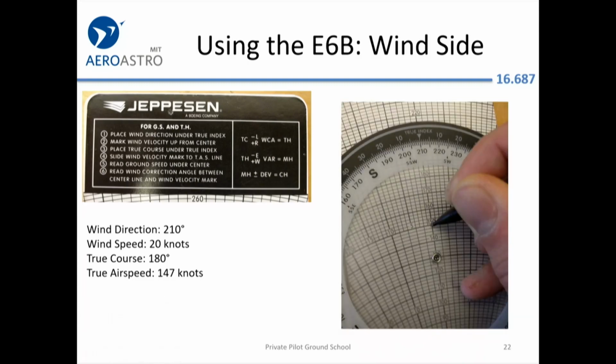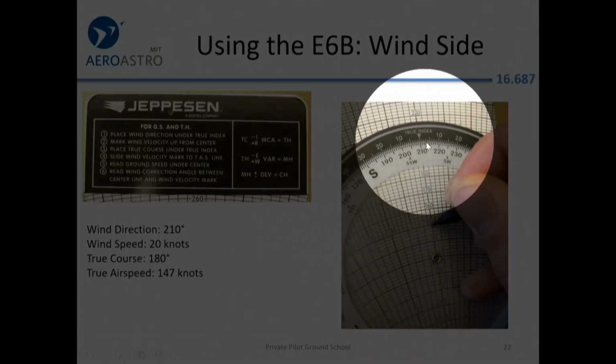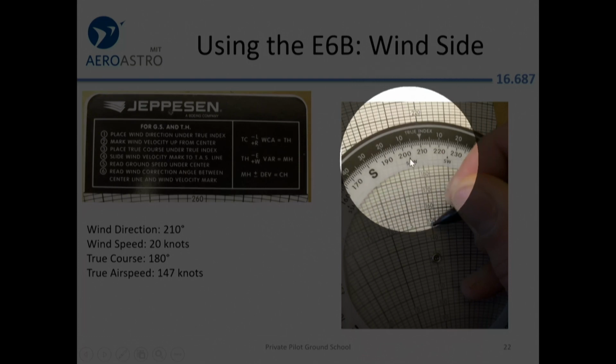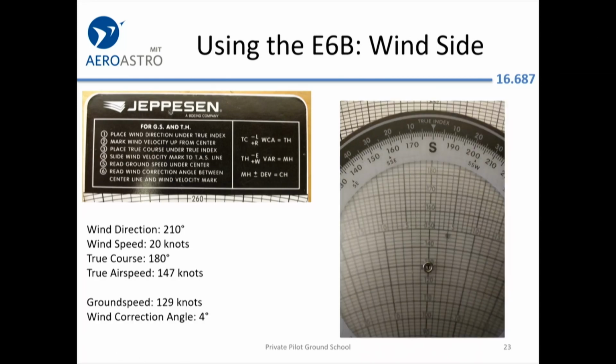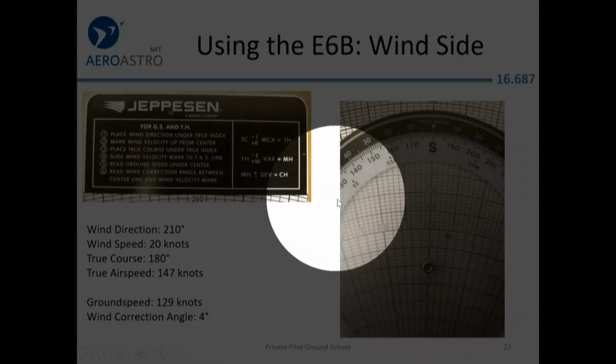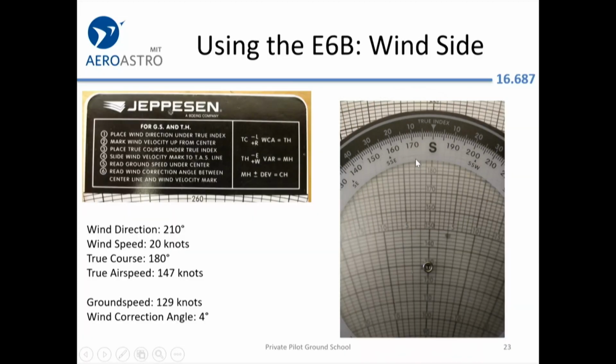Yeah, so we had it set up to 210. It says wind direction under true index. Then we marked the velocity. Then we twisted it a little bit. So now we've got an index of south, and we can read that our ground speed